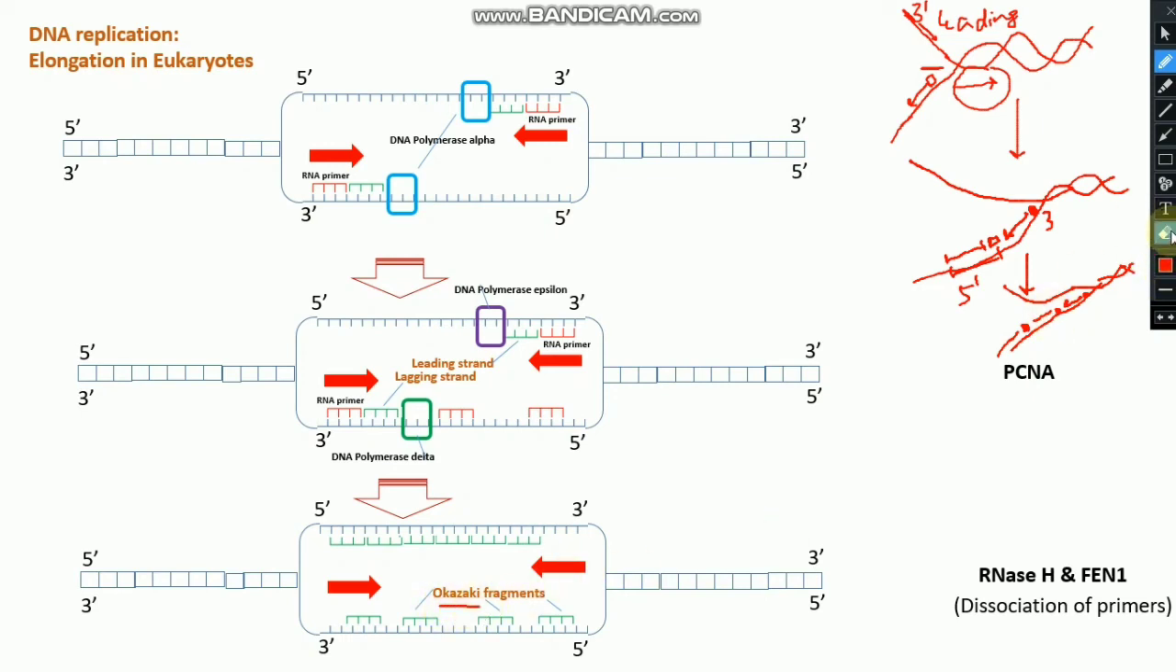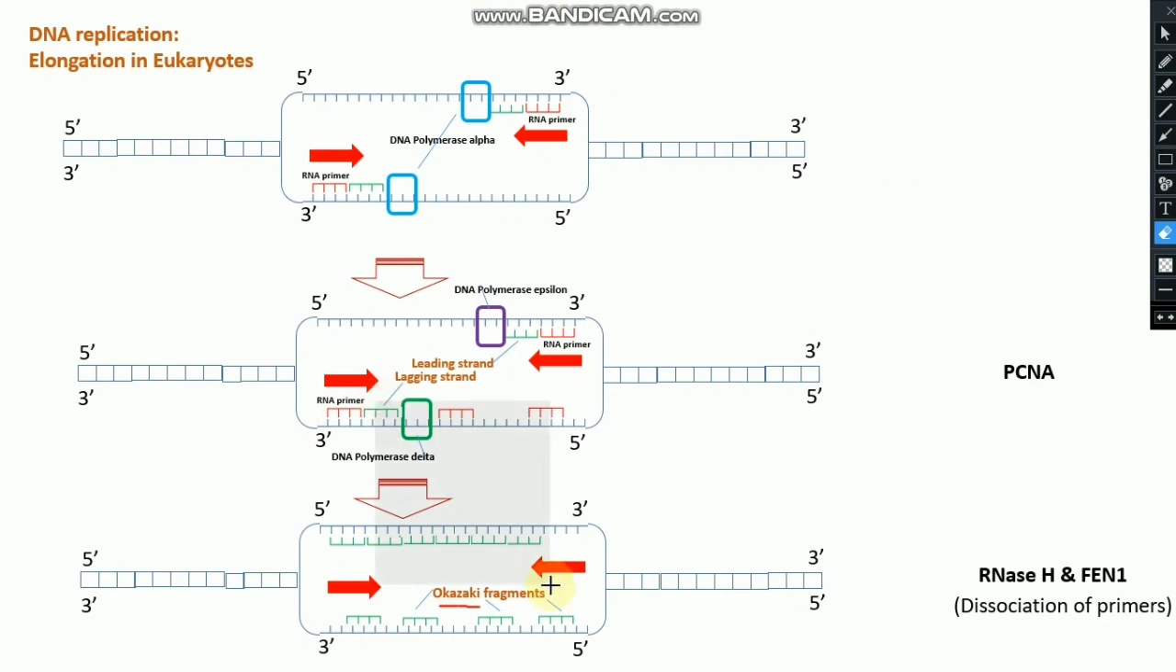Okay, let's move on to the next part. So we are here, where RNase and FEN1, both enzymes, remove the RNA primer. Upon removing the RNA primer, these kinds of gaps are created, right? Here are the small gaps, and here only one gap is created. So the next step is